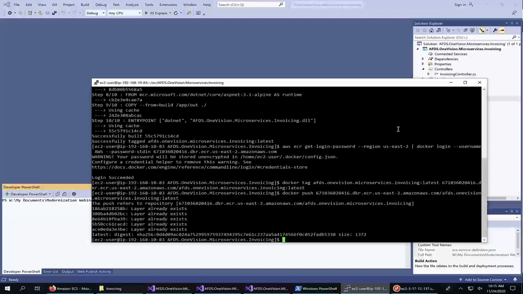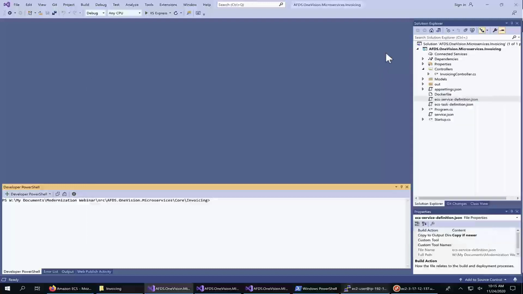The next step is to create an ECS task to describe the resources that the container needs. Let's go back to our Windows desktop to do that. We can define our task parameters in a JSON file. This is helpful in a number of ways. One of them is that we can put our task definition under version control, so we can track revisions over time. Using a JSON file also makes it easier to use the AWS CLI to deploy the task. So let's open up our task definition JSON.